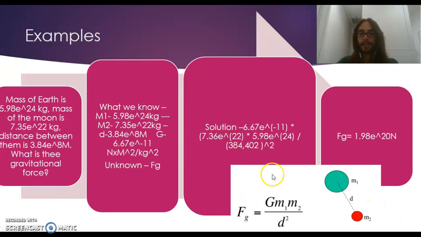So the solution is we just plug those numbers in. G right here, we put in 6.67 e to the negative 11th Newton meters squared. Remember to get your units in there. I just took the units out of here because it looks really crazy when you put it in a solution. So remember those Newton meters squared over kilograms squared. Then you multiply that by m1 times m2, so the mass of the moon by the mass of the earth, and then you divide all of that by the distance, and that's 3.84 e to the 8th, and that's really what this is